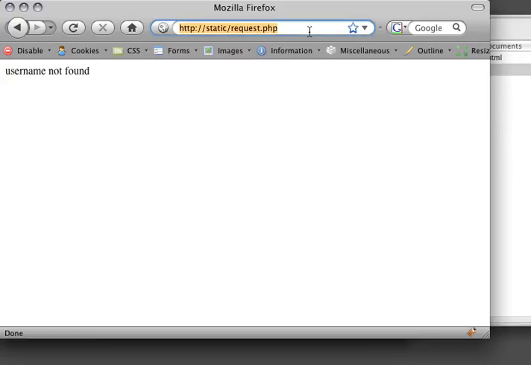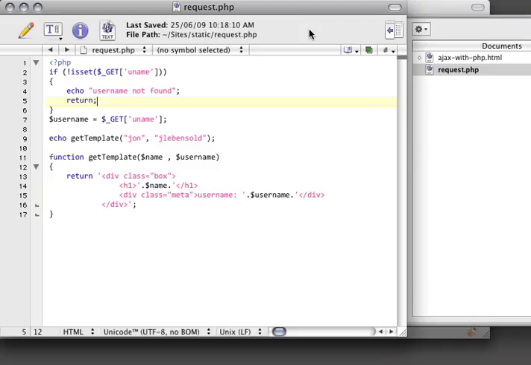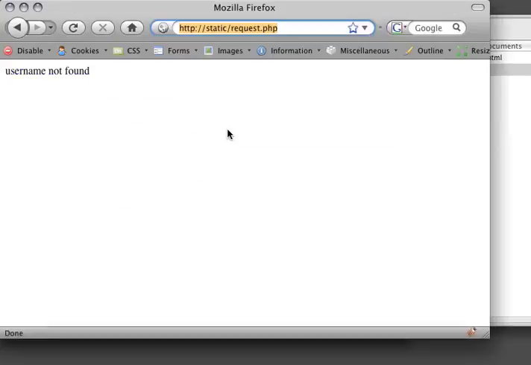So this should stop us dead in our tracks. Now, this isn't very handy for debugging, but luckily we're only using the GET request. We're not using POST. So it's actually quite easy to trick our PHP script into running correctly. So what I'm going to do here is instead of saying get template with John and J. Lebensold,